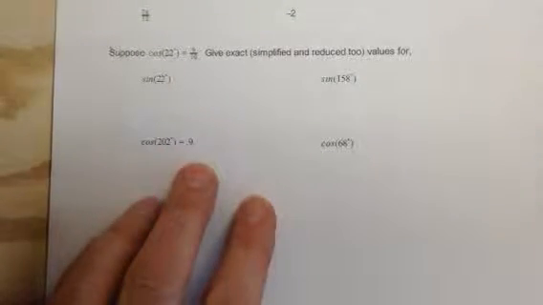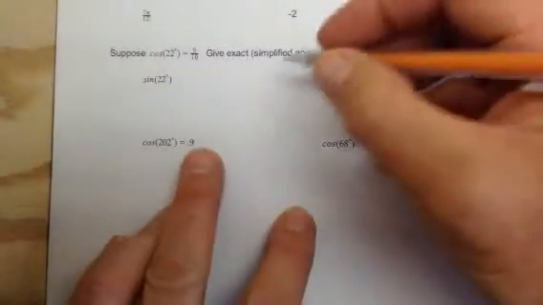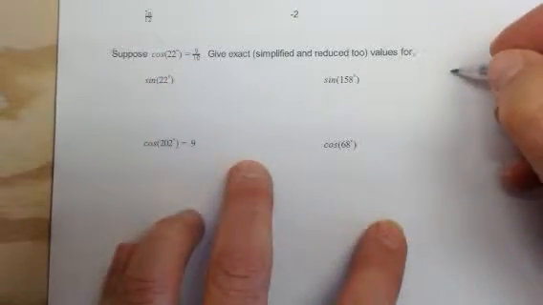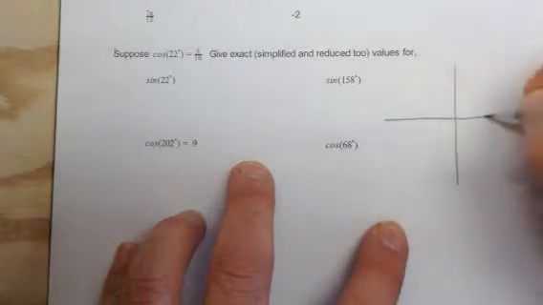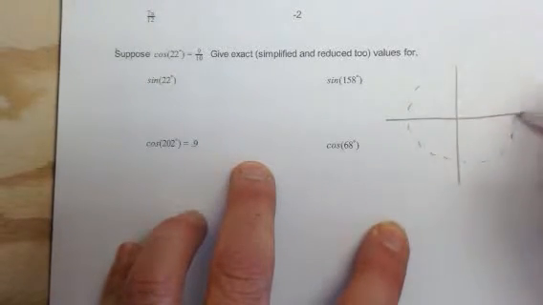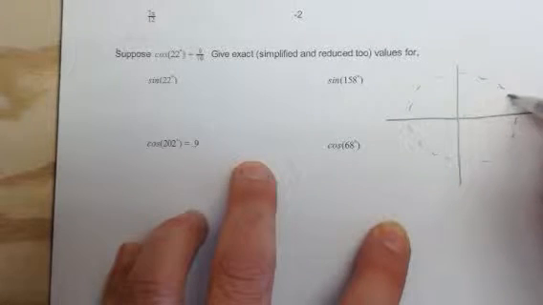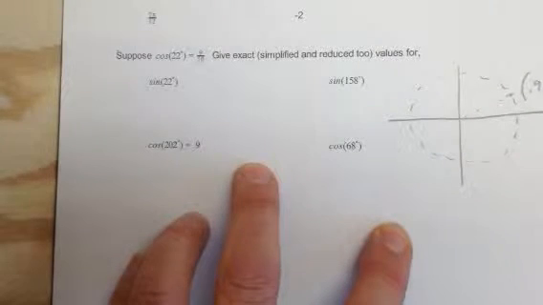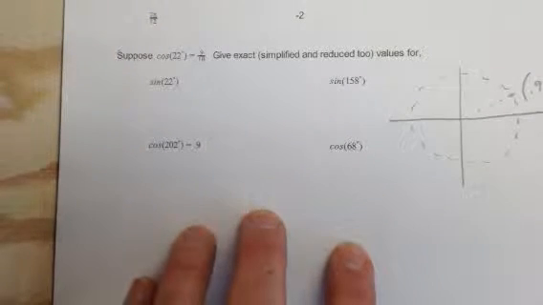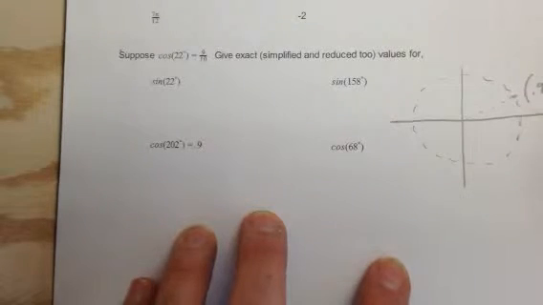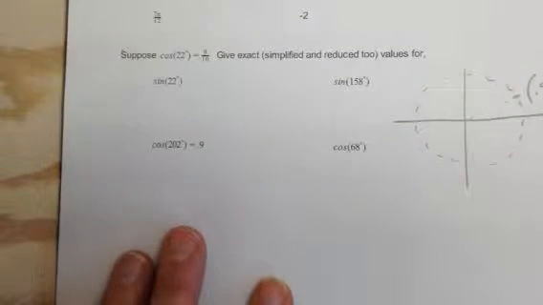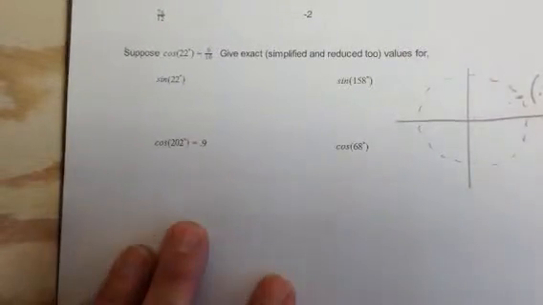Okay, here's that last problem on the quiz. This is calculator free, so we're given that the cosine of 22 degrees is 0.9. The image you're working from here is a little unit circle, here's 22 degrees, cosine is 0.9. Maybe this is enough. If you didn't get this far with it, maybe you now see, oh, okay, this was a unit circle question on the unit circle quiz, so we can calculate the y coordinate if we're given the x coordinate. That's just a straightforward